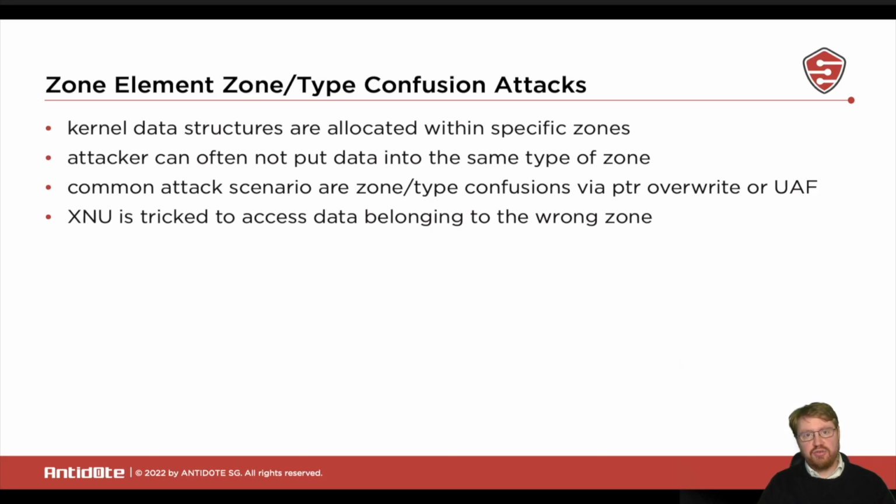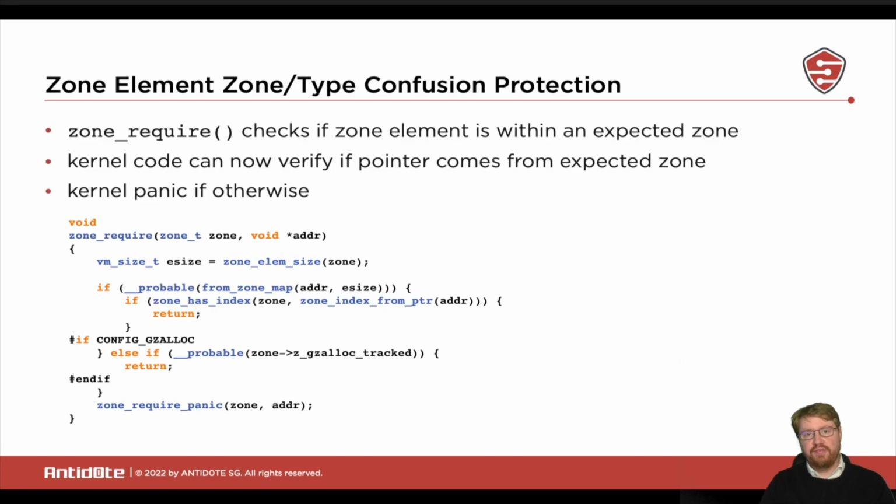And so that usually happens via tricks like use-after-free with a garbage collection in between, or partial pointer overrides. But the trick is always the same. We're trying to make the pointer point to a different kind of zone where we can put our attacker-controlled data. And so that is the attack. We basically confuse the kernel with data that belongs to one zone instead of the zone that it should actually be. So to fight this, Apple has already for a long time now created a new function that is called